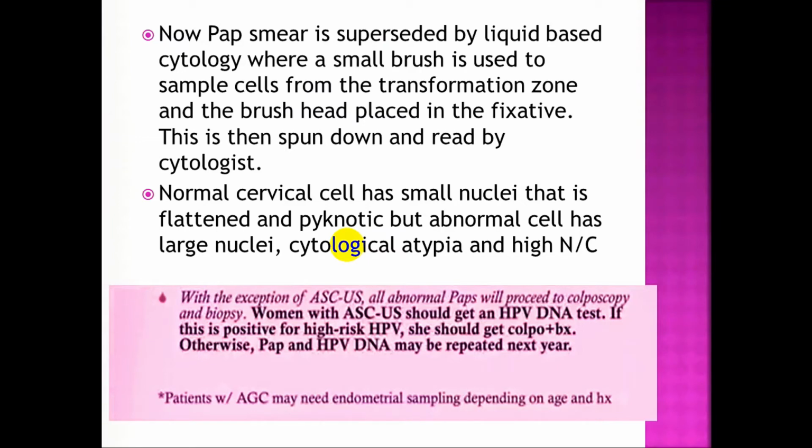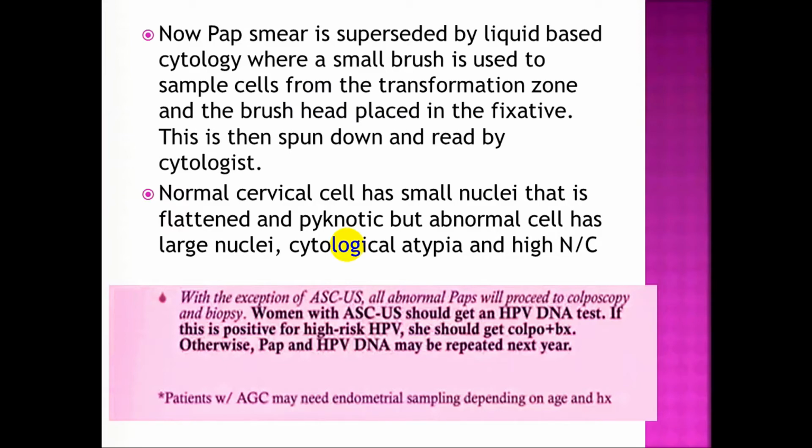With the exception of ASCUS, all abnormal paps will proceed to colposcopy and biopsy. يعني كل الباب سمير اللي هي abnormal احنا نحتاج نسوي لها colposcopy، ما عدا الاسكس ما نسوي لها ولا follow